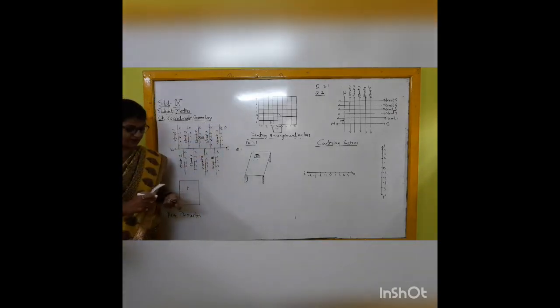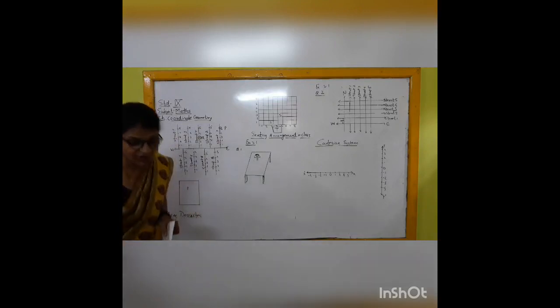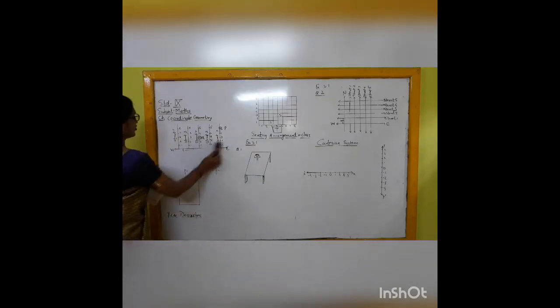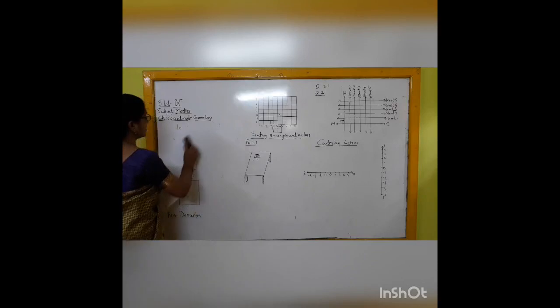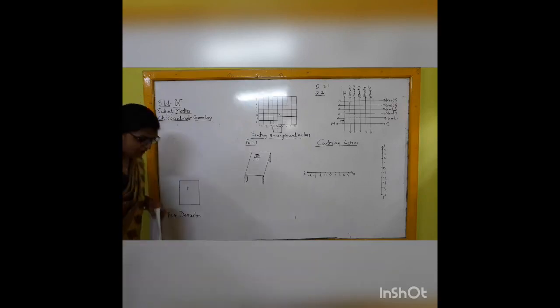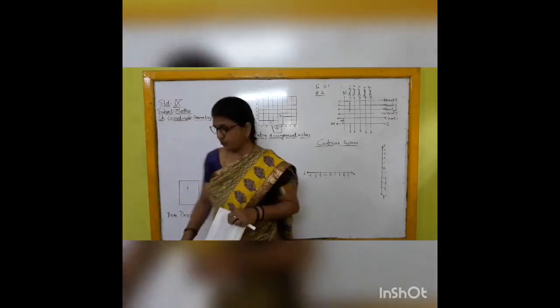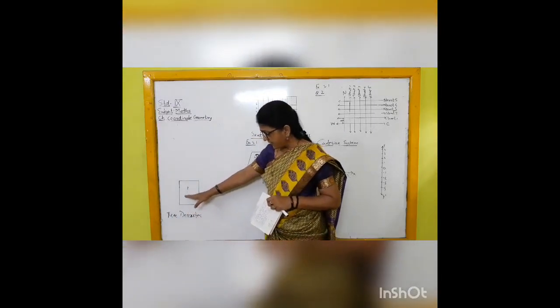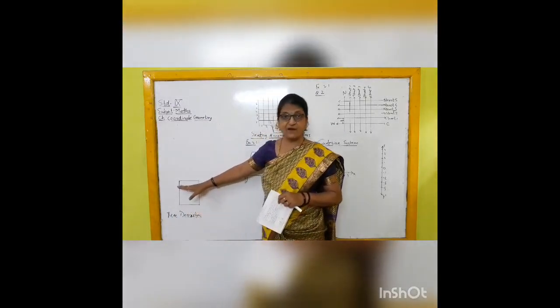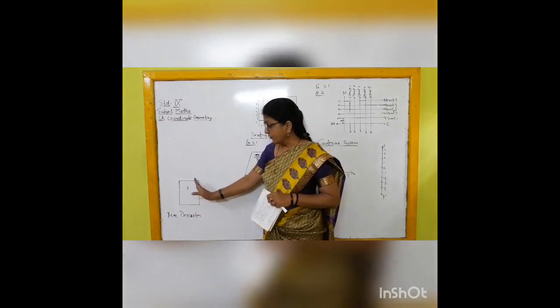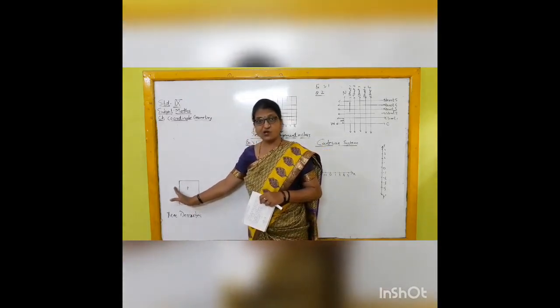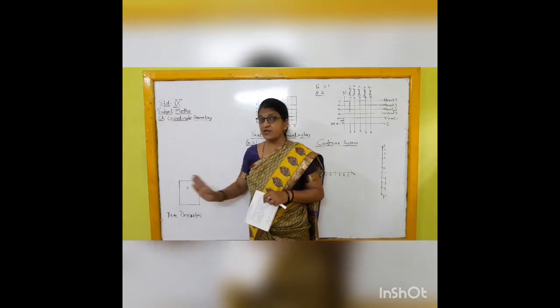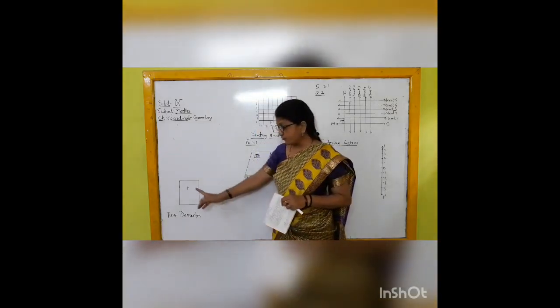The next example given is that of the position of a dot. If you want to find out the position of a dot, how will you find it? For example, the dot is shown like this. You can say that the dot is in the upper half of the plane surface, or the dot is near the left corner of the plane surface. But this is not the exact way to represent the position of the dot.